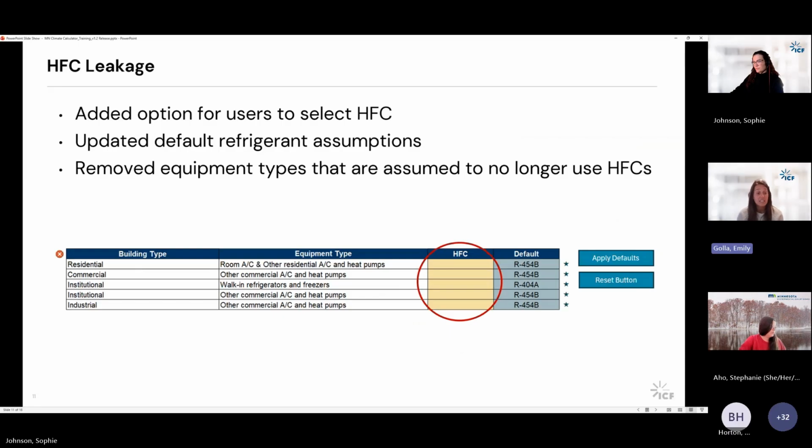And then finally, in terms of calculation improvements, we updated the HFC leakage calculations to give users the option to select the